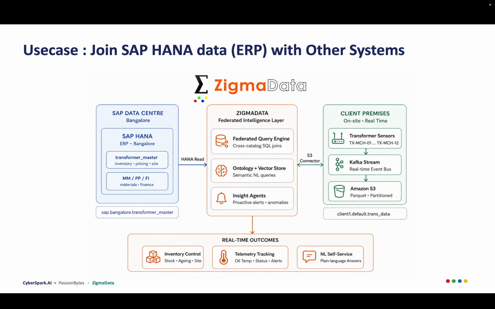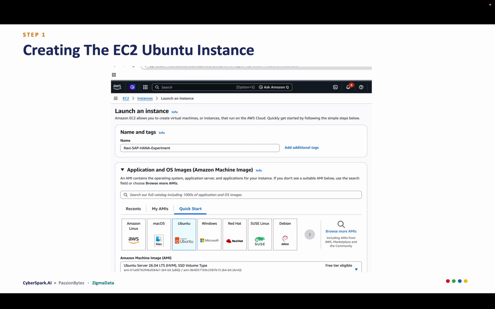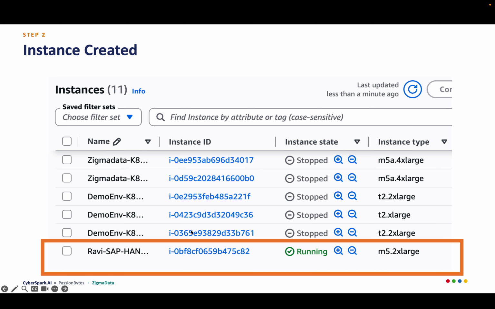So the first step is getting SAP HANA installed. As it is a prominent database, a full-fledged installation requires licensing, procurement, etc. But SAP HANA provides a light version which can be deployed onto any of the supported environments like Ubuntu or Linux. So without much ado, let's log into Amazon EC2, create an Ubuntu instance, and once the instance is